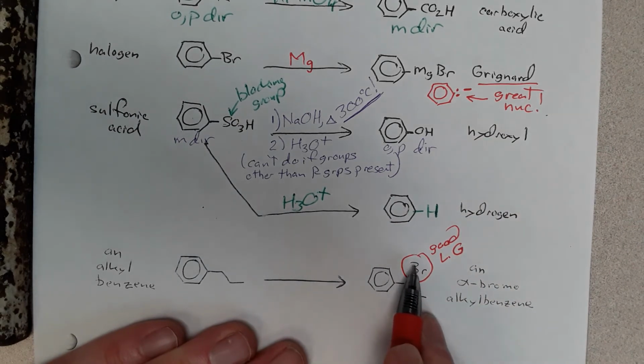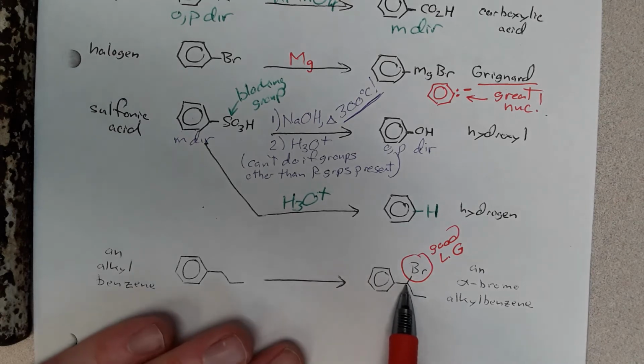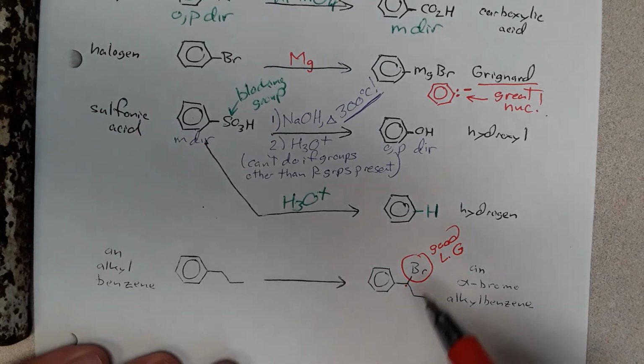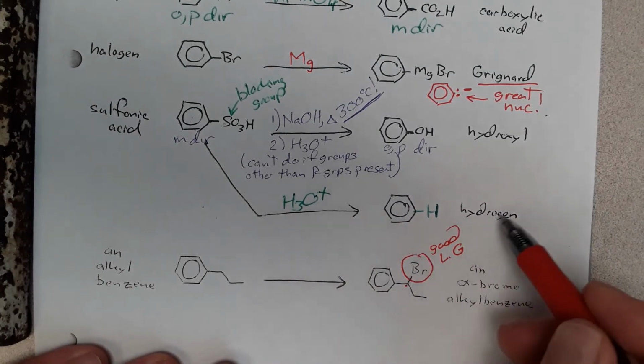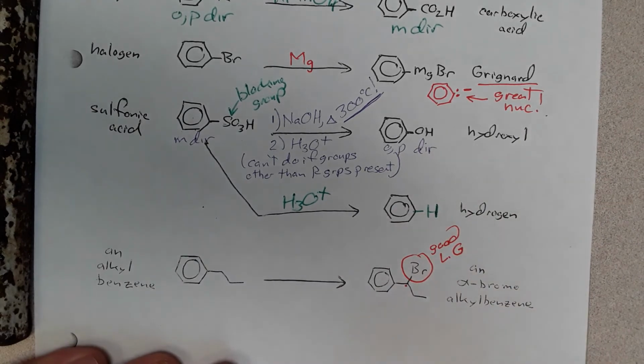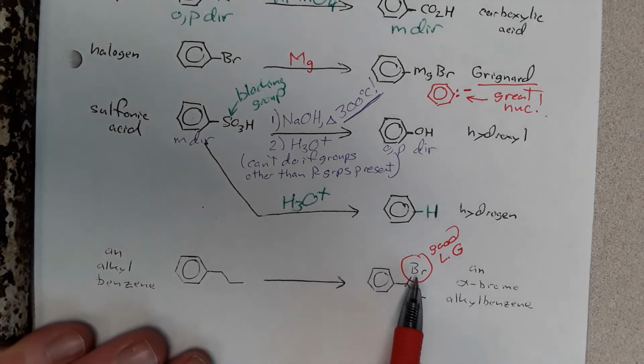If we put a halogen here, then we can do an SN2 reaction on it, or an elimination reaction and form a double bond here as well, but it produces a point of reactivity, and there's lots of things that we can do. We can build off of here if we want to have a branch there or whatever. So this is a good leaving group, and to get that on there, we add